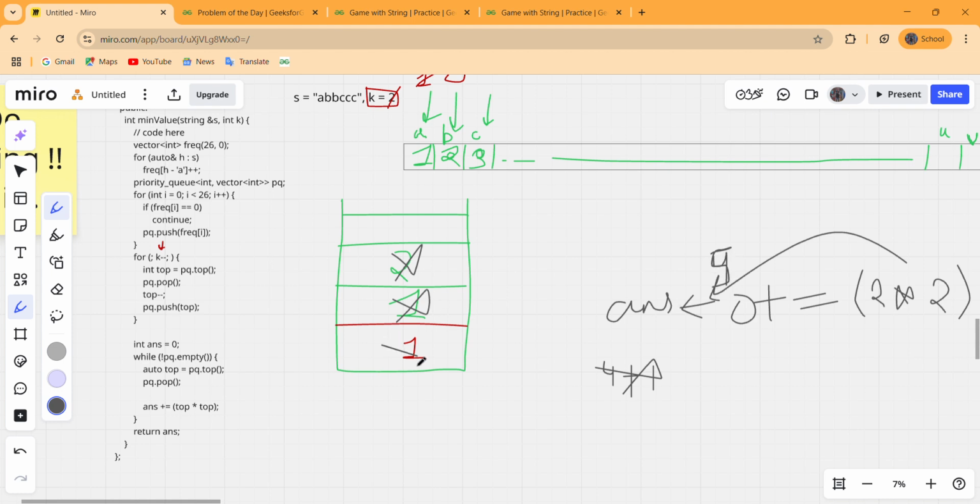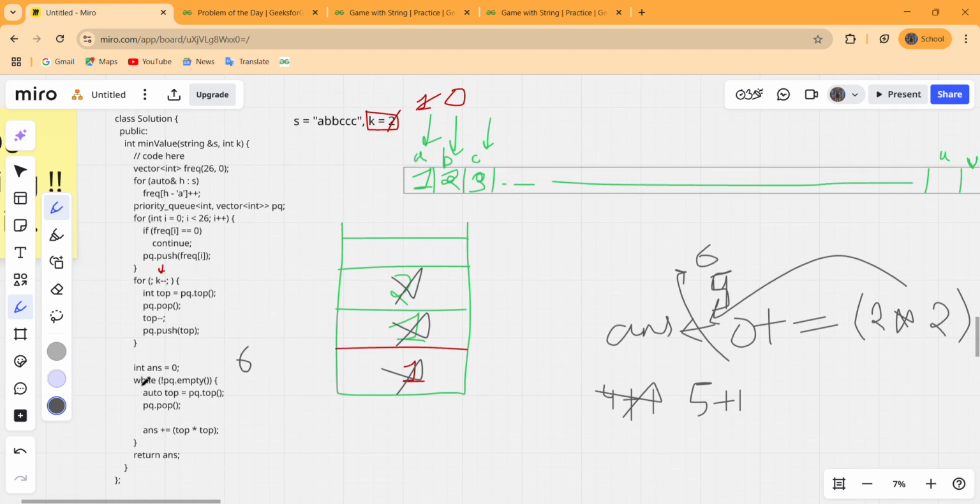and again pop out this, and after doing this it will be 5 plus 1 into 1, so that will be 6. So answer is now 6, and as we can see that 6 will be the minimum possible sum of frequencies of each distinct character. So we have to return 6 in this case.